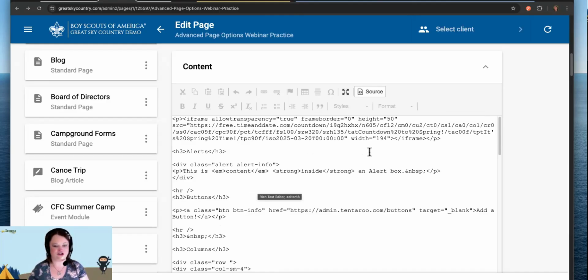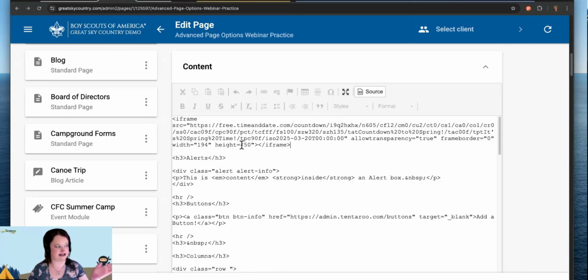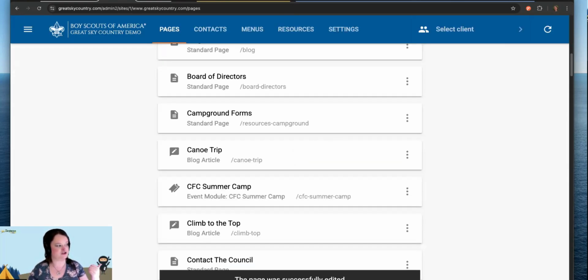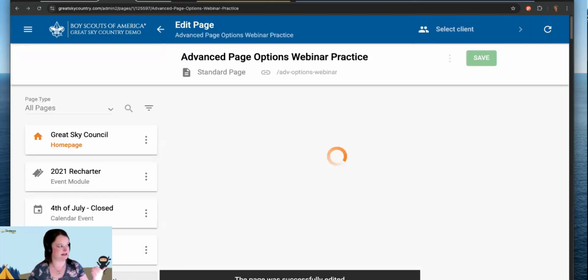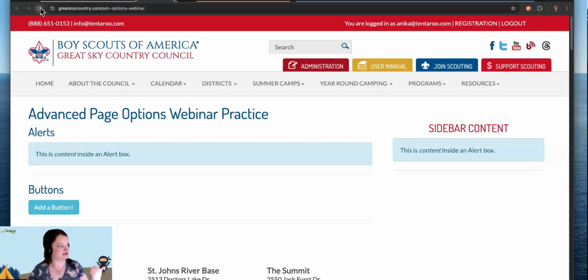So the way to add code to the content box that gets stripped by the WYSIWYG is actually to always make sure that you are editing it in source view. So I didn't save that yet. I'm going to paste this back in as it originally existed, and I'm going to click save. So that is now a part of my page, and we can take a look at it here just to